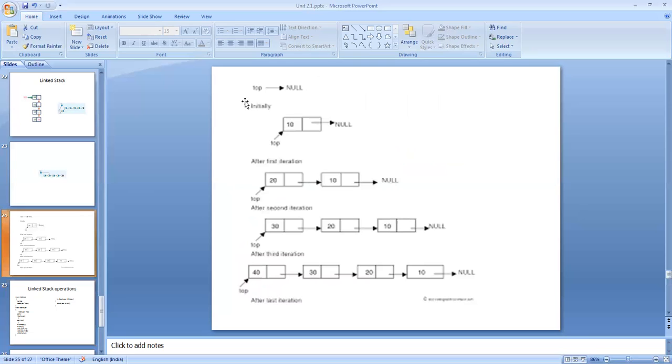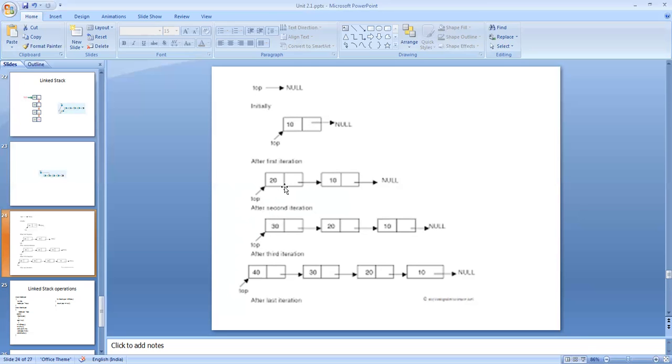Look at this example. By setting top equal to null, we create an empty stack. Then when a new element is inserted, that is, a node having the value 10 is inserted, the pointer field will point to null, and top will be pointing to this only node.